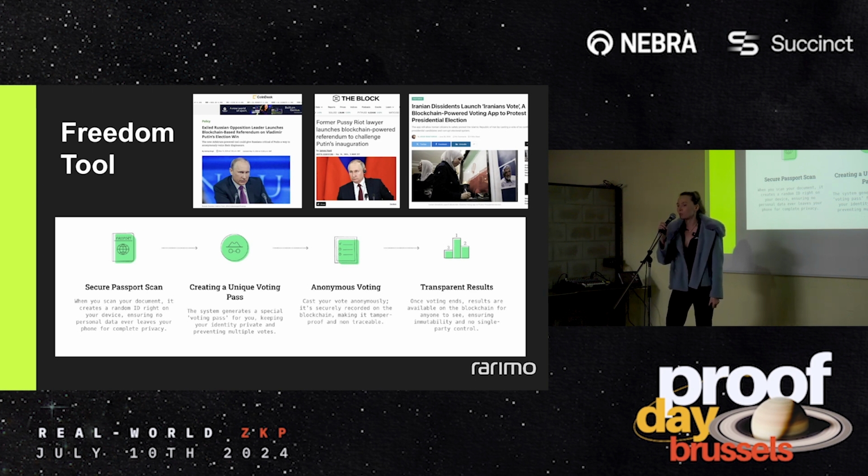So how Freedom Tool works is you take your biometric passport and you use your phone to scan it. And Freedom Tool verifies the data on the NFC chip inside the passport. And it does this by retrieving the certificate and also the government-issued key. And it's important to emphasize that in this entire process, none of the data ever leaves the device that you're using. It never passes through a centralized server where it could be intercepted. There's no points in this process where that data can be intercepted.